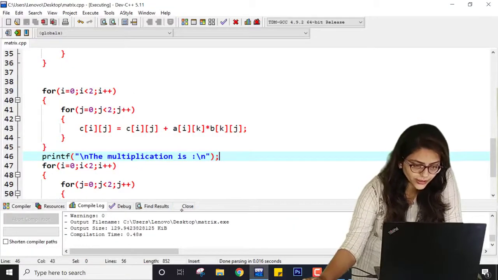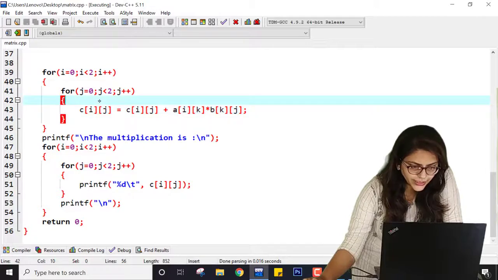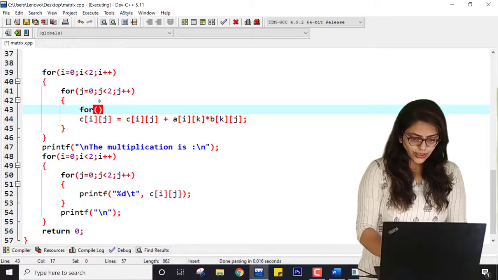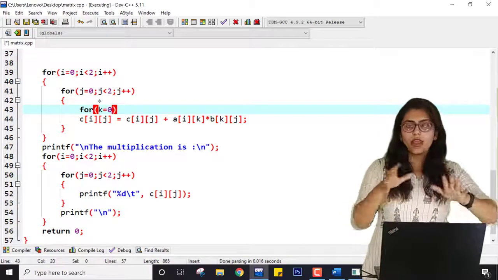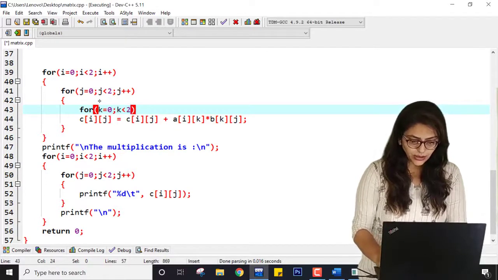Let us check. So now here we are printing C of ij. Here we have not taken the kth loop. That was the issue. Can you see we are not getting the correct answer because we have not used the kth loop. So for the third loop I am writing this k plus plus.